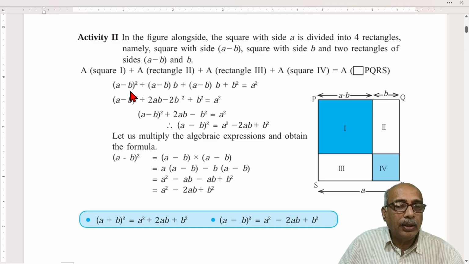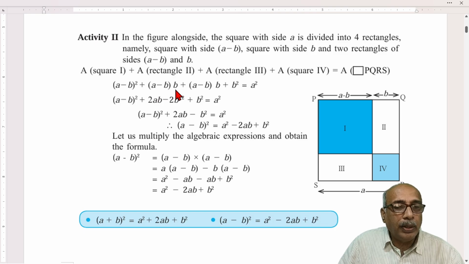So here a minus b whole square. Why? For square 1, a minus b this side also, this side also. So a minus b whole square. Then a minus b into b, rectangle second. Rectangle third, a minus b into b. This is b. So plus b into b, whole square, equals a square. Why a square? Because the area of quadrilateral PQRS, which is a square, has side a, so the area will be a square, side square. Now simplify this, a minus b whole square plus